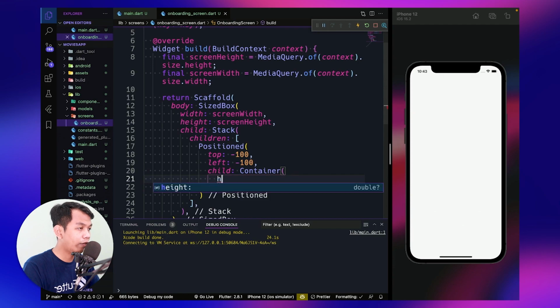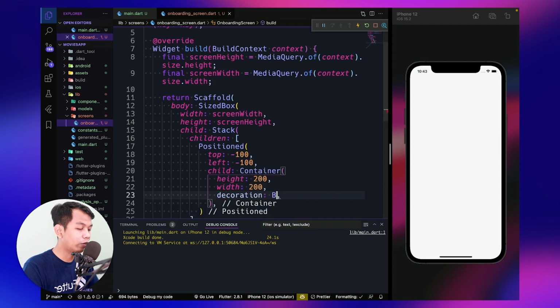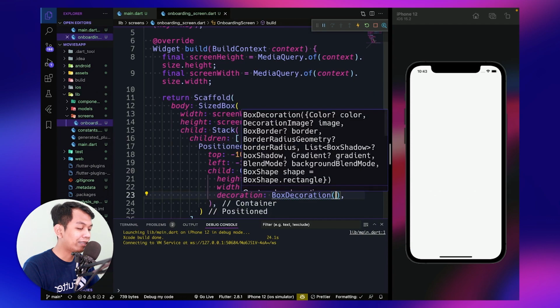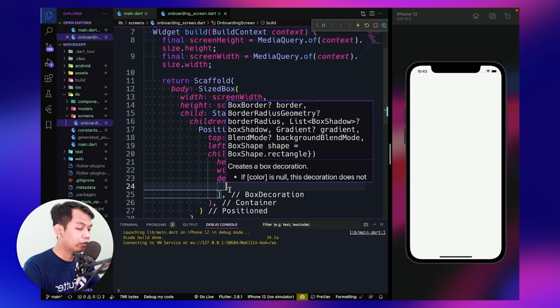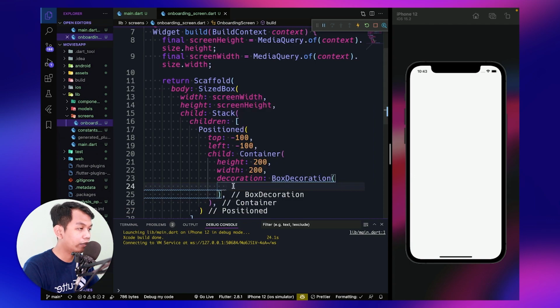And now for the container, for the height let's make it 200, and for the width make it 200, because we want to make a circle. For a circle the width and height are the same, so we want to make a perfect circle.